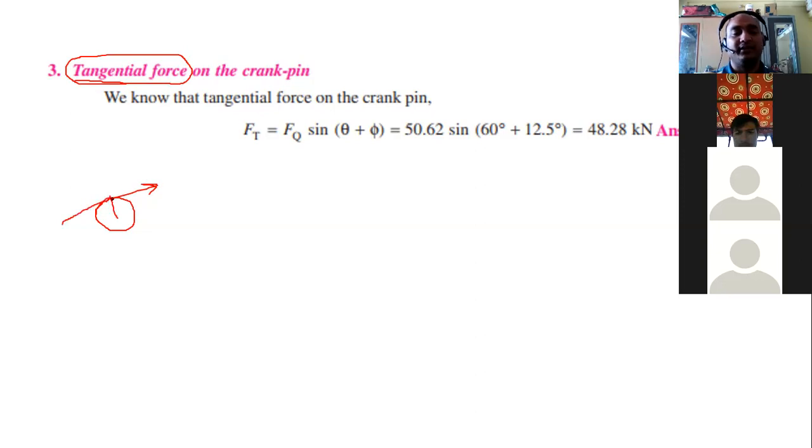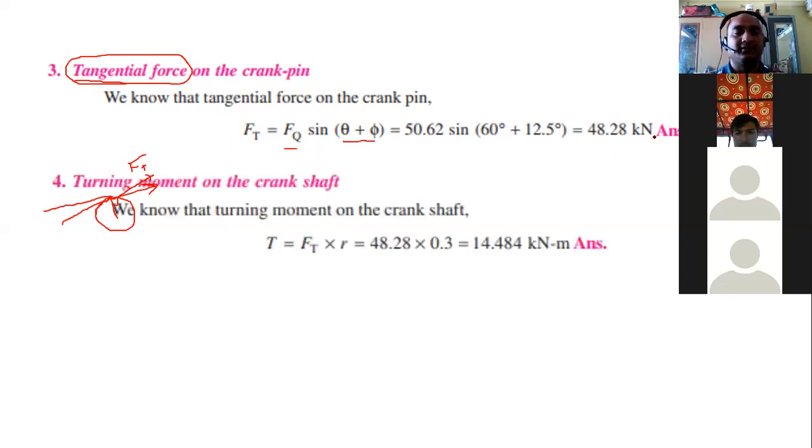FQ and FT are different. Okay, your FT may be like this also, and your FQ is maybe like this also. Okay, and this is crank, so this is perpendicular. So now this is FT that we have to find out, and we have the formula for FT. FT is the sine component of FQ, and what is the angle? Theta plus phi. Okay, so now again everything is known. FQ we have found. Okay, previously theta is known, phi is known. Put the values, we'll get the answers.